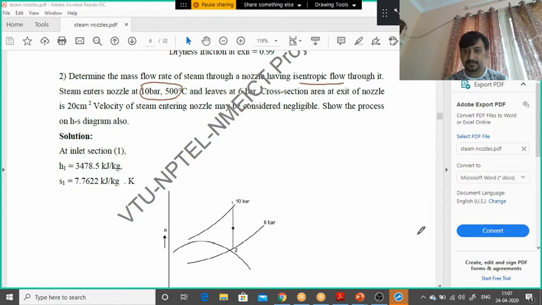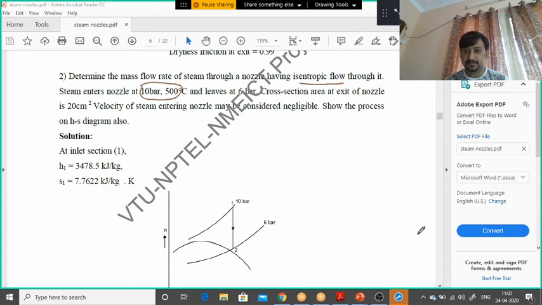Else, from the steam table we can get it, but it is not required. So H2 you will get directly here. All these steps are not at all required here for you. If you are using the Mollier chart, you can just neglect all these steps. You will come directly from H2, H2 will be obtained directly. Okay, neglecting the inlet velocity, C2 equals root of 2 times (H1 minus H2), so C2 you will get.